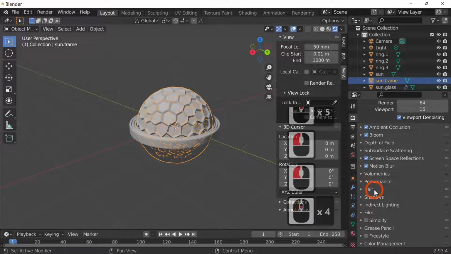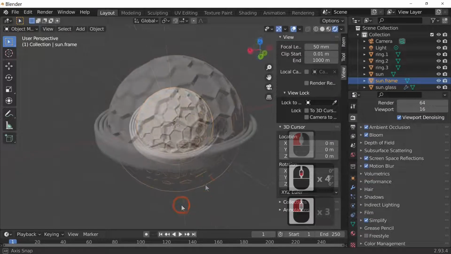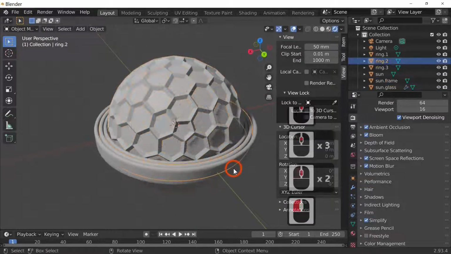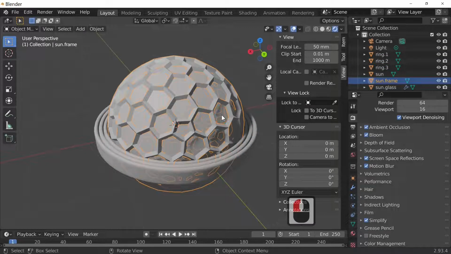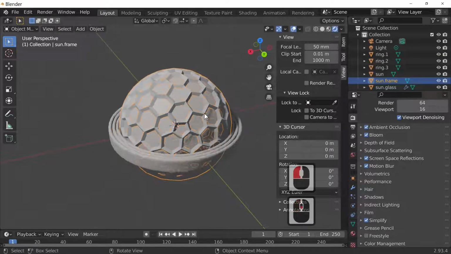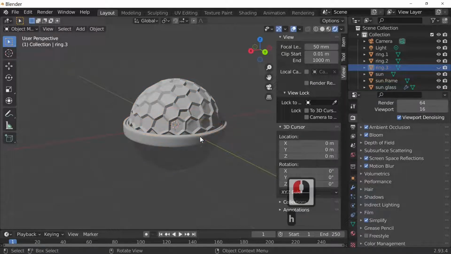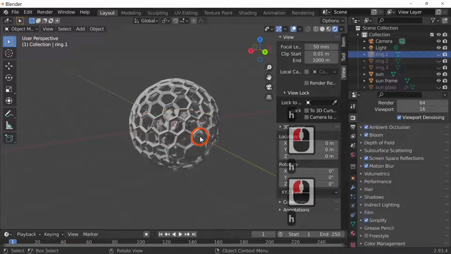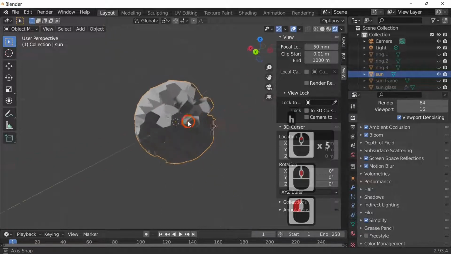Motion blur if you want it, sometimes it looks good, and simplify also can look quite good. So we do all these because these actually set up reflections and all different kinds of things. So what I'm going to do is start hiding things first, because the first thing we're going to actually make is our sun. So let's just start hiding things. So hide, hide, hide, hide, and hide. So we've got our sun in the middle.